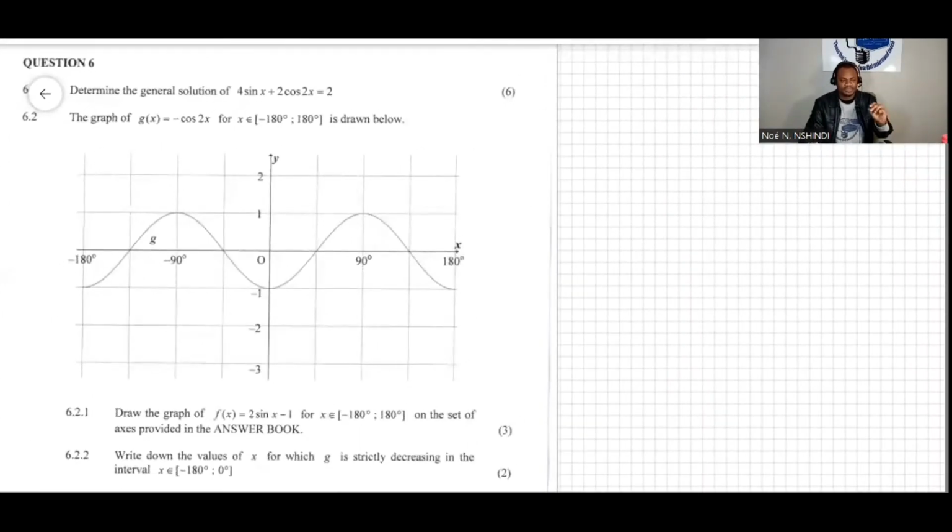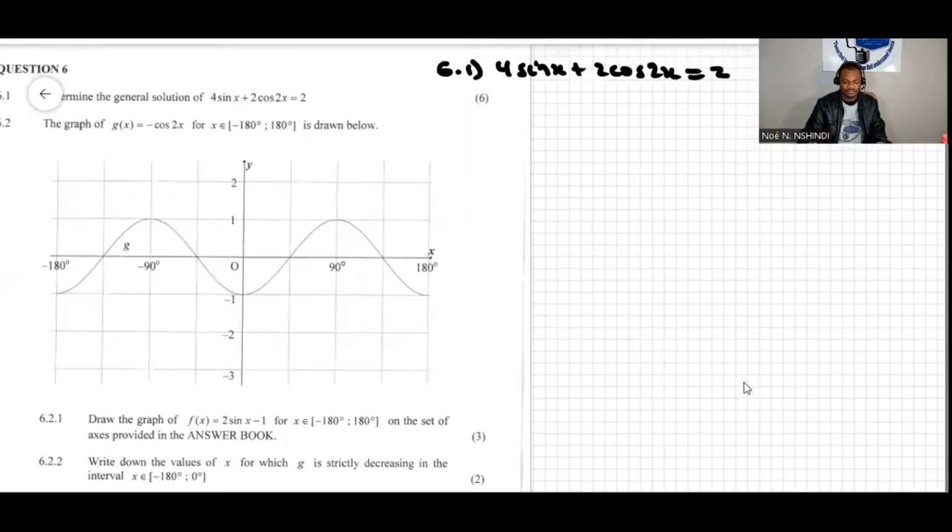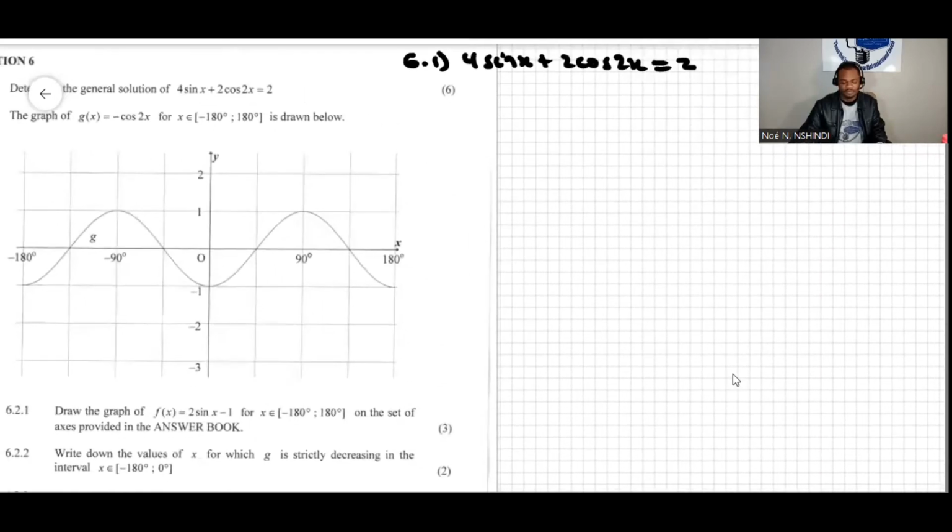Well, we have another question here. The question says, determine the general solution of 4 sin x plus 2 cos 2x equal to 2. I'm going to write the question here. 6.1: we have 4 sin x plus 2 cos 2x equal to 2. Now, we need to find the general solution. So in this situation,